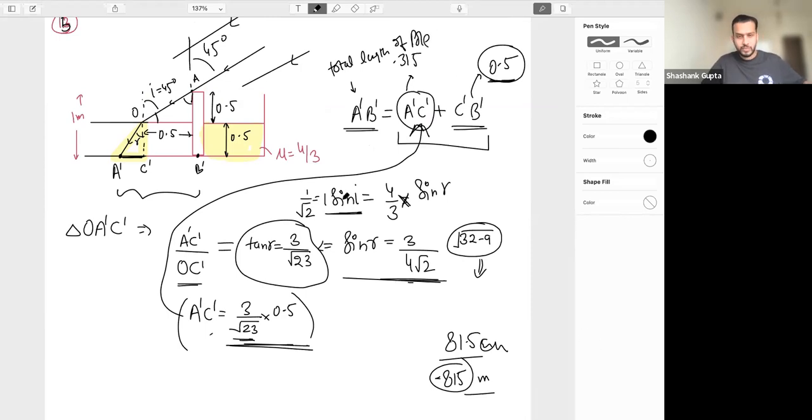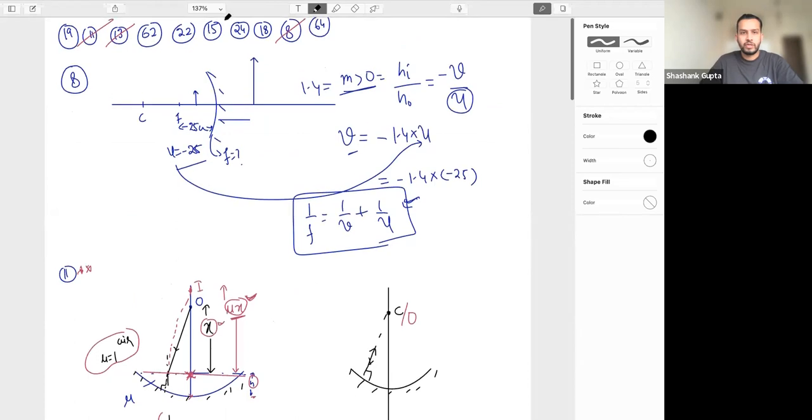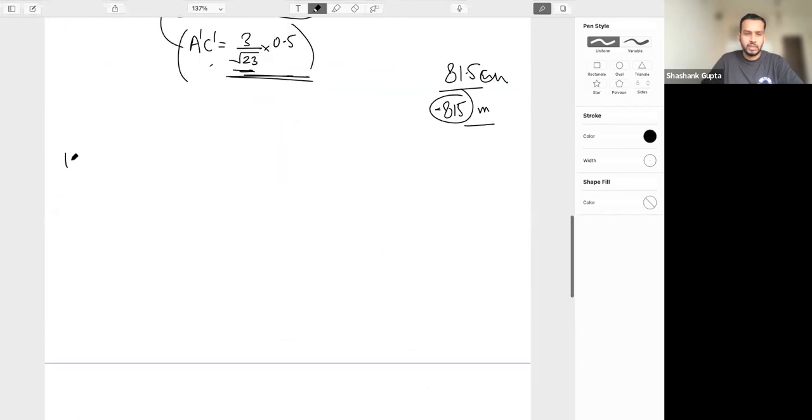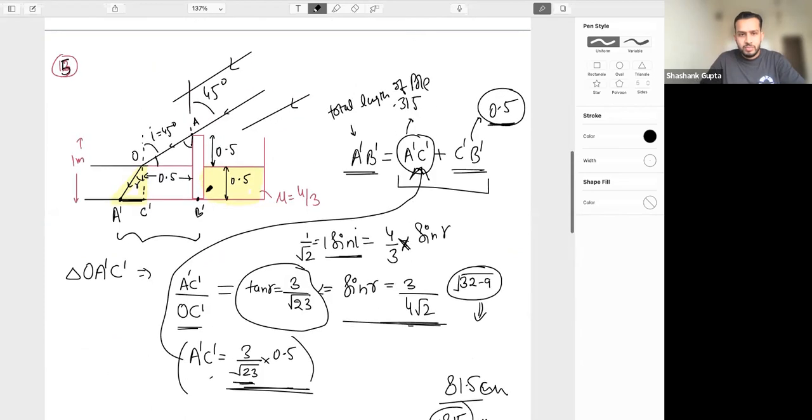बढ़े आगे. क्वेश्चन नंबर 15 के बाद है 18th, राइट? ओके, क्वेश्चन नंबर 18. आपने सीबी का लेंथ 0.5 कैसे आया? सीबी का लेंथ यहाँ से आया था. So this was 0.5. This angle was 45 degree. So can I say this will also be tan 45 is 1, which is perpendicular upon base. So this is 0.5 was given. So this is also 0.5. So this is also 0.5.